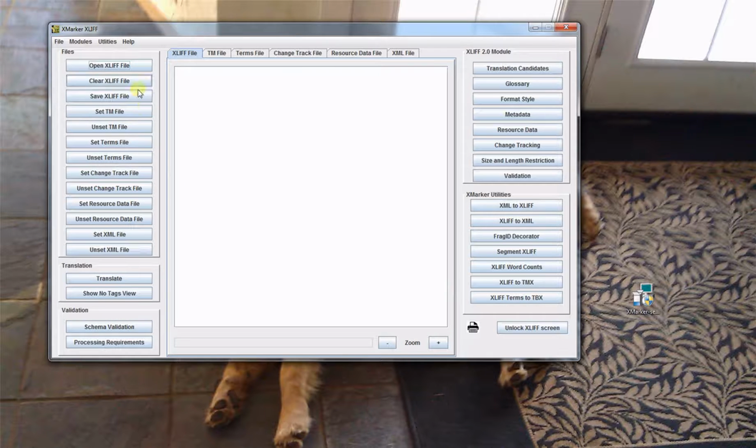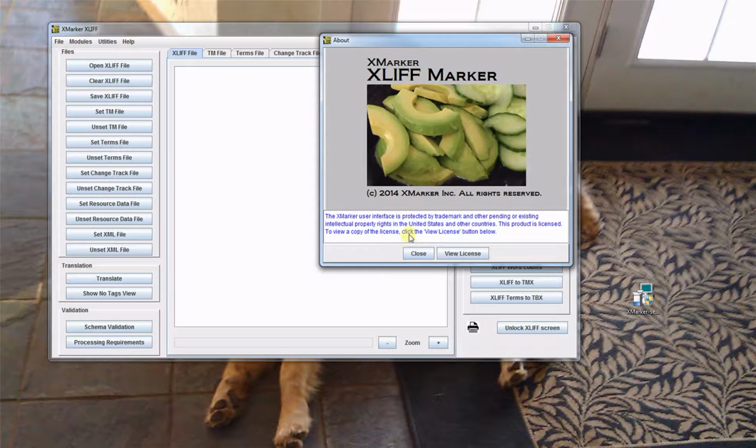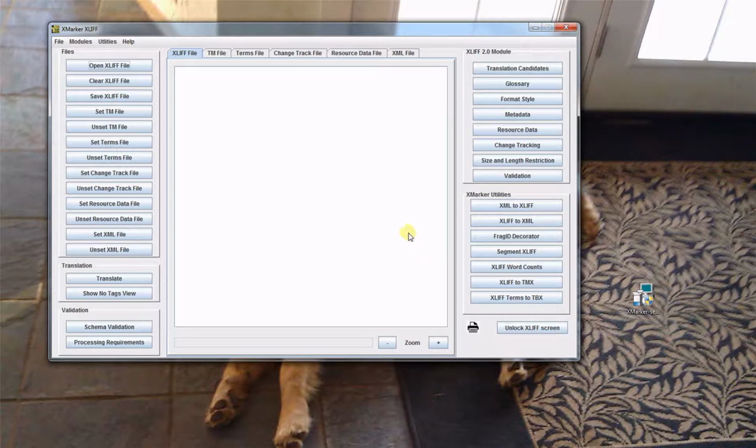Okay, and for more information on the XLIFF specification, you can actually go here and pick the specification. You can also pick your help file here, and there's a little about section here that shows us the license and so forth. Anyway,